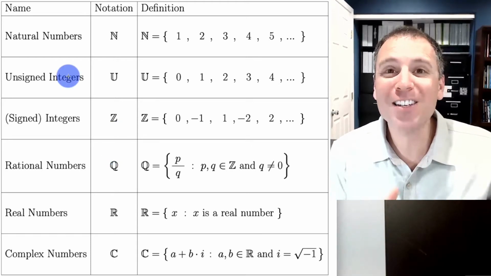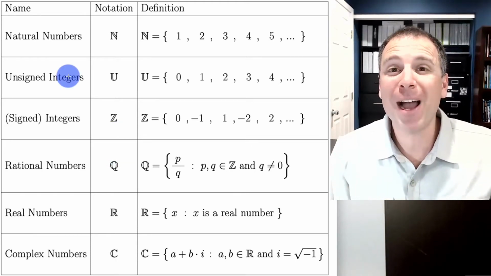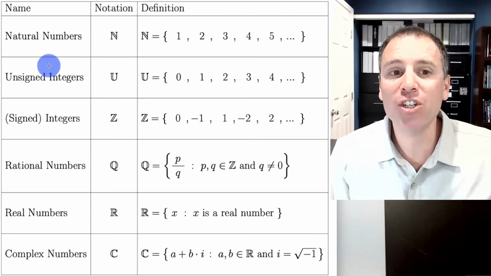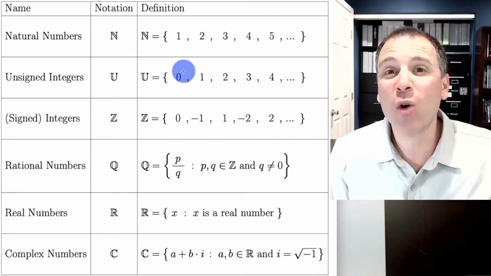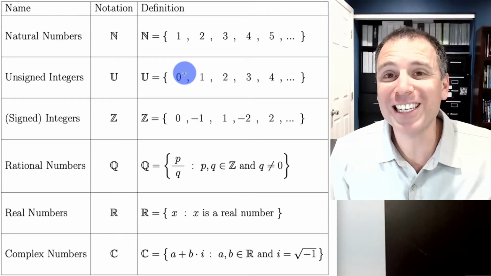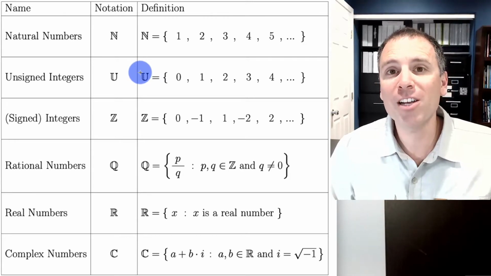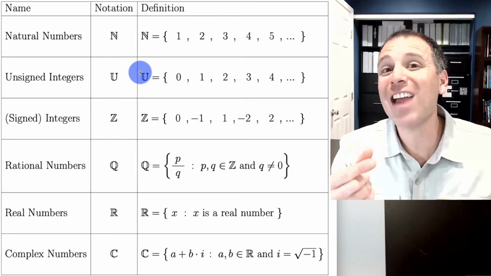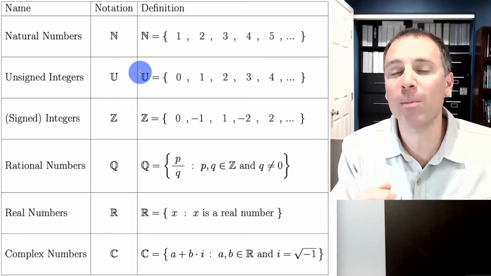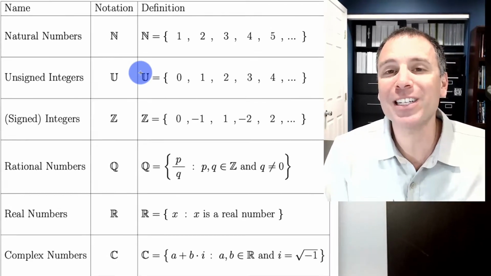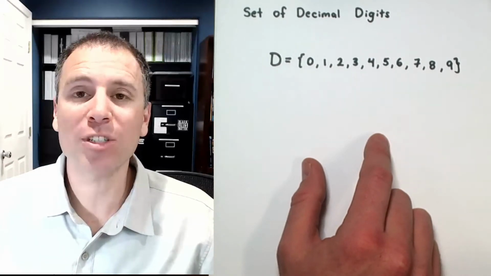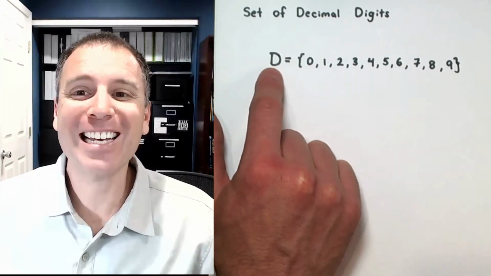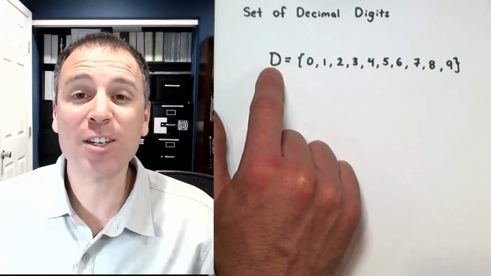Let's jump right into the heart of the content of this video by exploring decimal representation of unsigned integers. Unsigned integers are mathematical ideas having to do with quantities that exist as whole numbers. Decimal representations are a way that we express and represent the value of those numbers in a base 10 counting system. One of the core concepts in representing numbers using a decimal system is what we call the set D, the set of decimal digits.